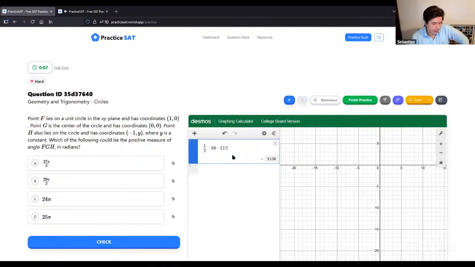Point F lies on a unit circle in the XY plane and has a coordinate 1, 0. Point G is on the center of the circle and has coordinates 0, 0. Point H also lies on the circle and has coordinates -1, y, where y is a constant. Which of the following could be the positive measure of the angle FGH in radians? So let's draw this out